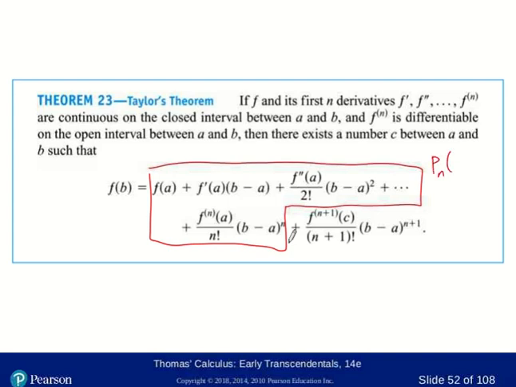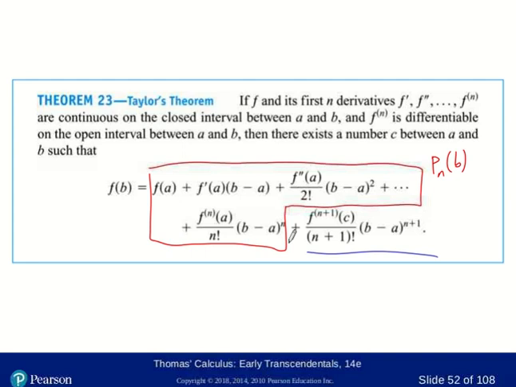So this right here, all of this should be familiar as the nth Taylor polynomial with the point b plugged in. So that's the endpoint. And then the idea is this leftover bit has to happen somewhere in the n plus first derivative. And that's Taylor's theorem, and we're going to rewrite this so that it can be more useful.